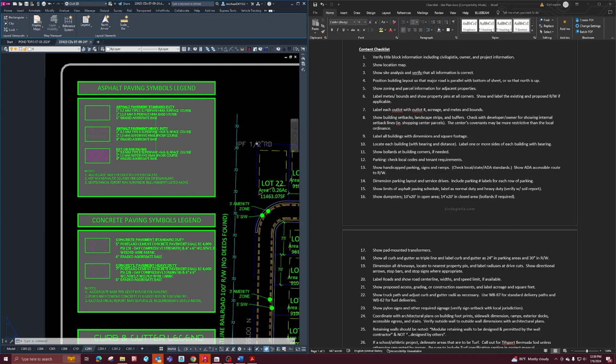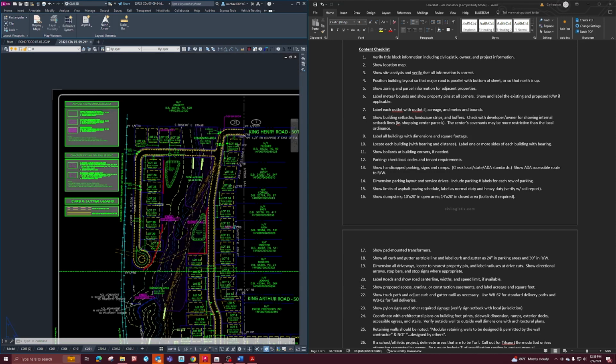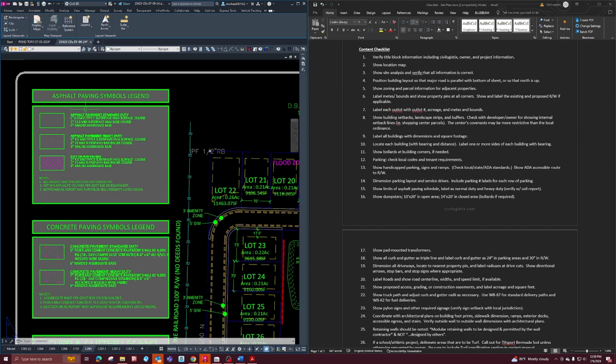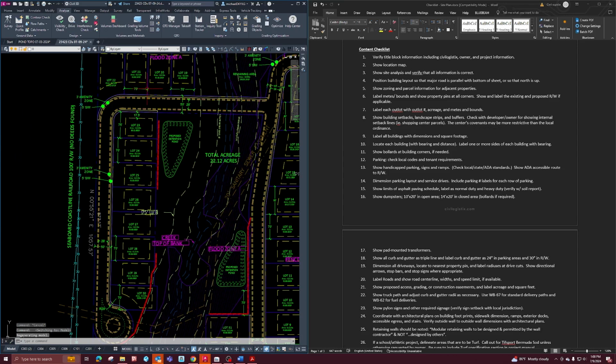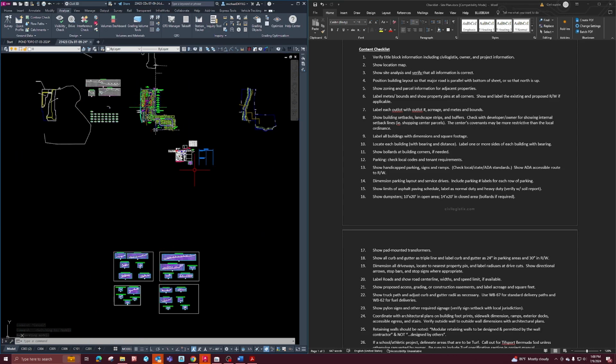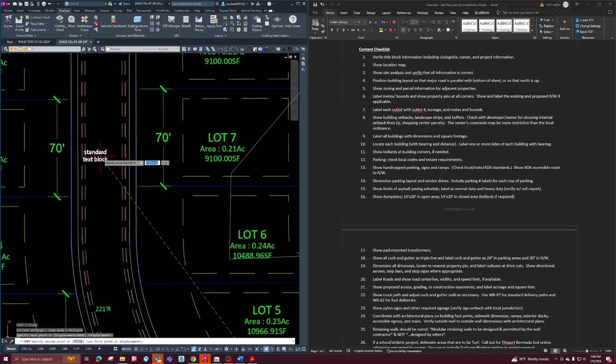It's like if we were proposing standard duty asphalt pavement, since that's a pretty normal pavement that we propose, there's no hatch associated with it, and that's probably what would be proposed on this site. So if we had standard duty asphalt pavement, you wouldn't need to hatch it, but you go into the site plan, go grab some text over here, standard text block, set the text height to 40 times 0.08, so 3.2,